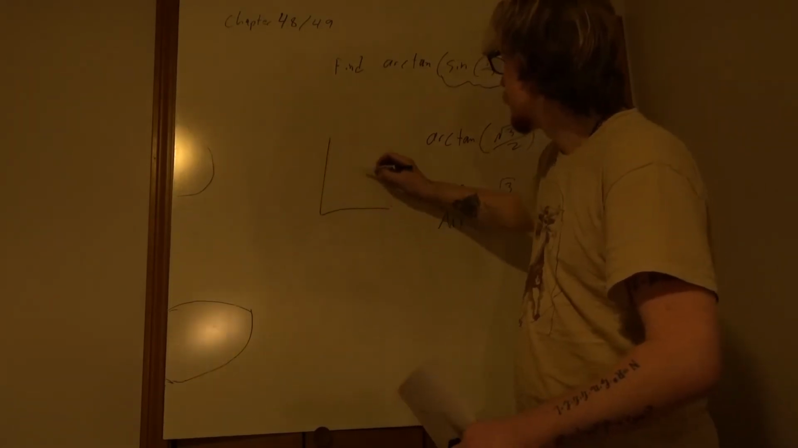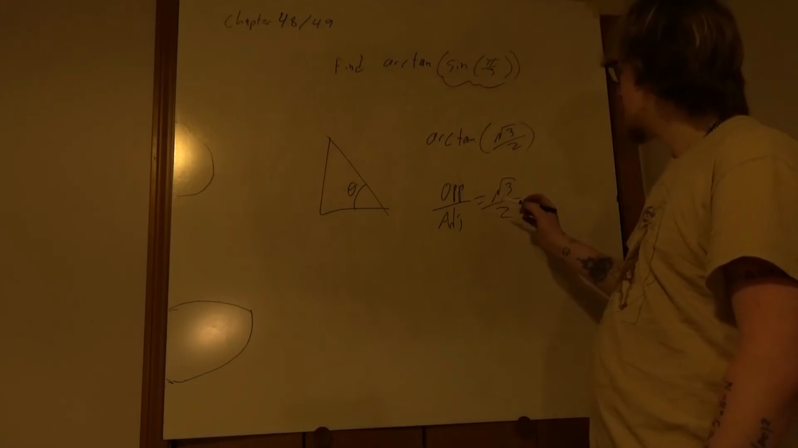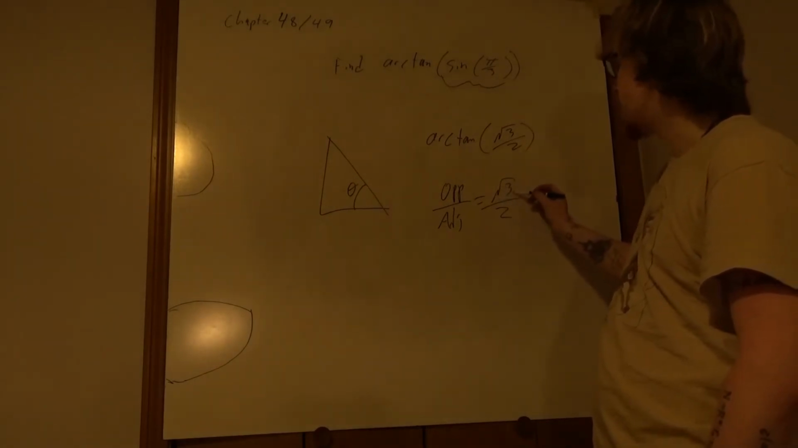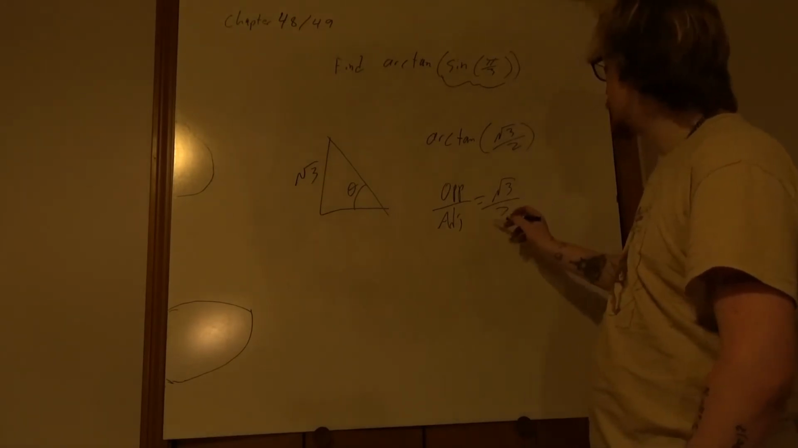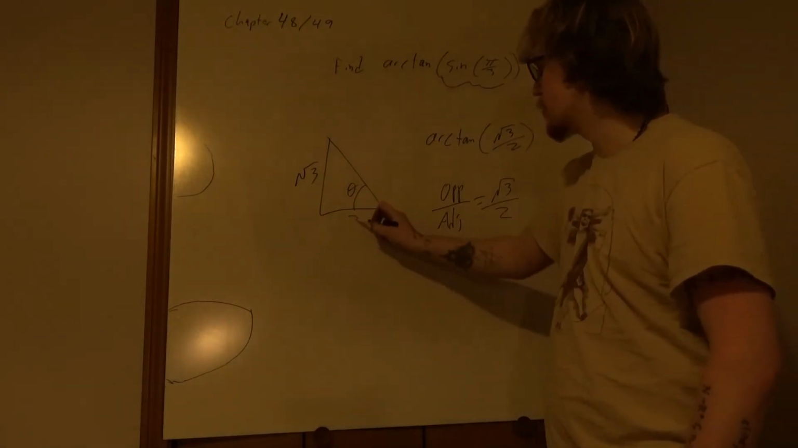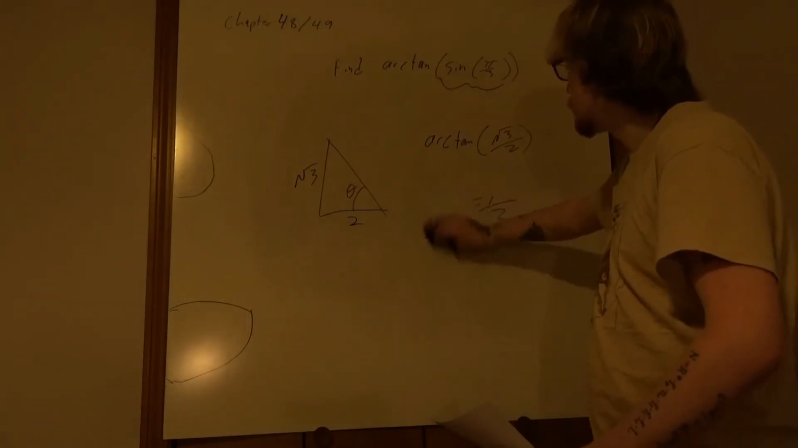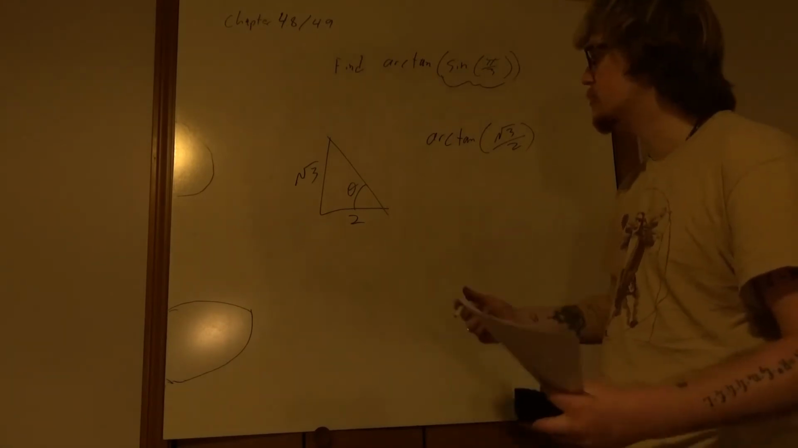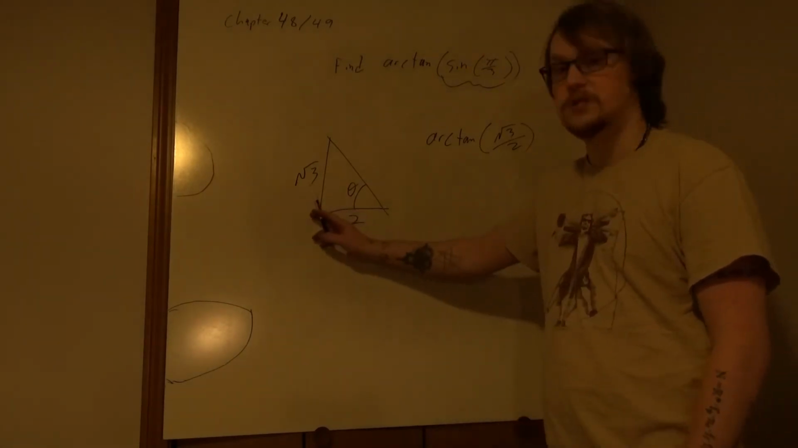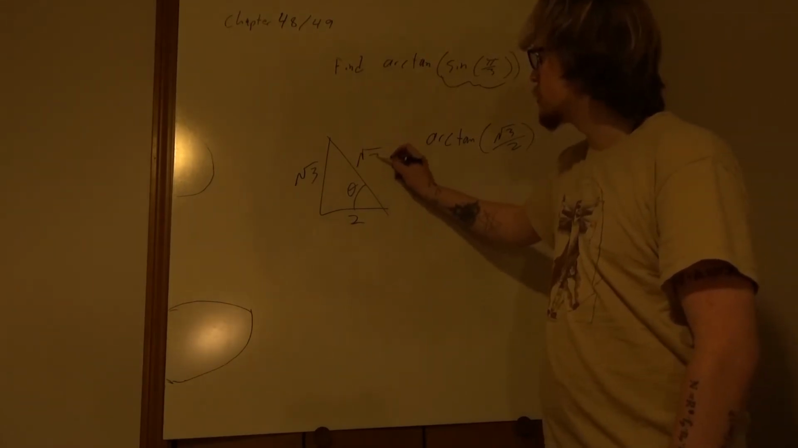if this is theta, then the opposite side from theta has to be root 3, and the adjacent side to theta has to be 2. And so we can do similar things. Now we can figure out what the remaining side is by using Pythagoras. Root 3 squared is 3, and 2 squared is 4, so this is going to be the square root